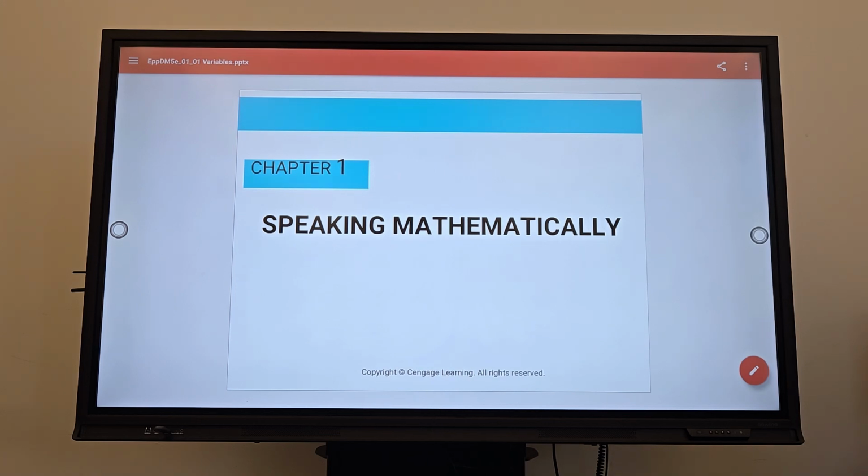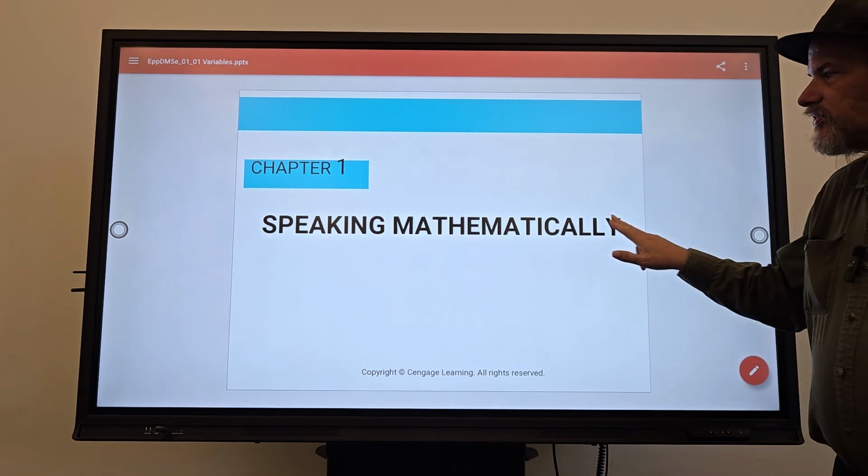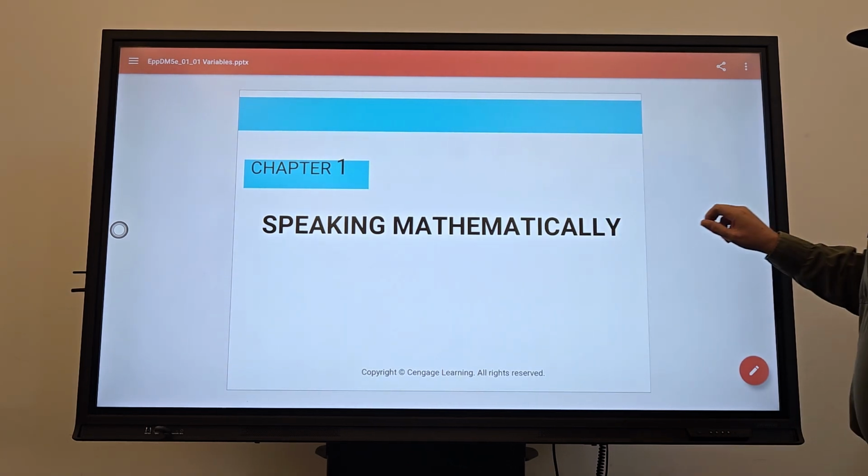As I've mentioned in the past, a large majority of this class is mathematically formalizing common sense. The first chapter is going to be speaking mathematically, where we get the mathematical formal definitions of some structures and items that we'll be using later on in the semester. First off,